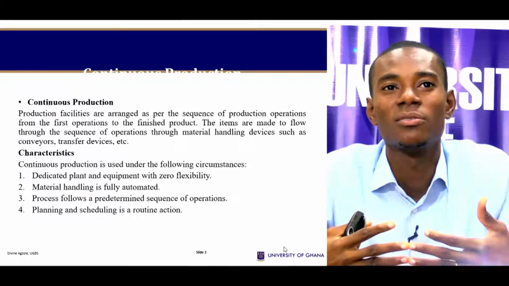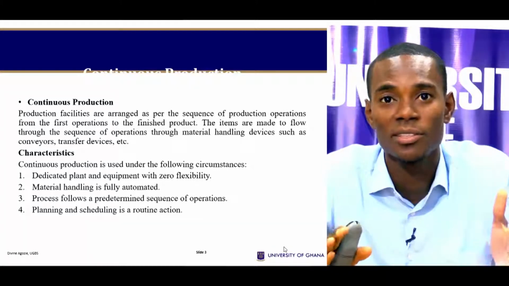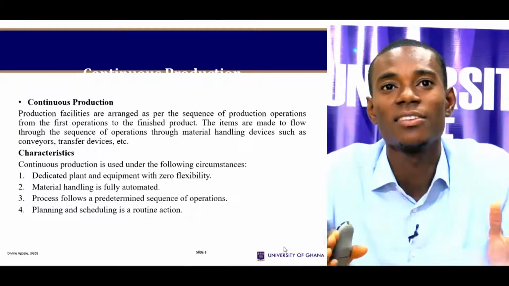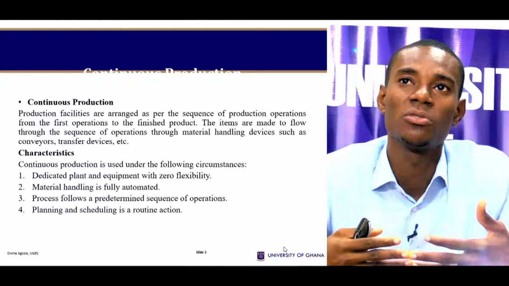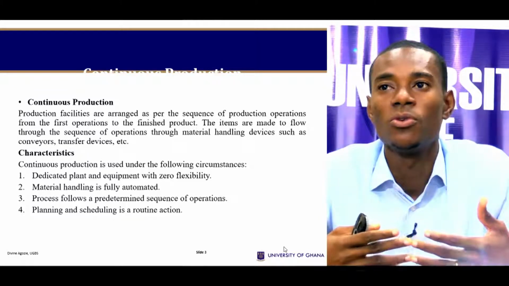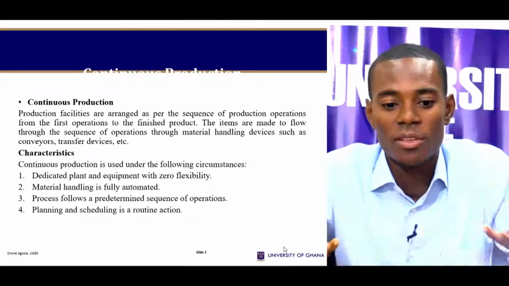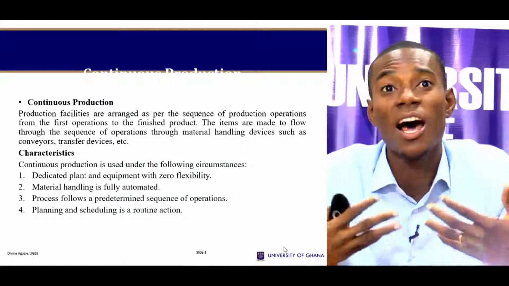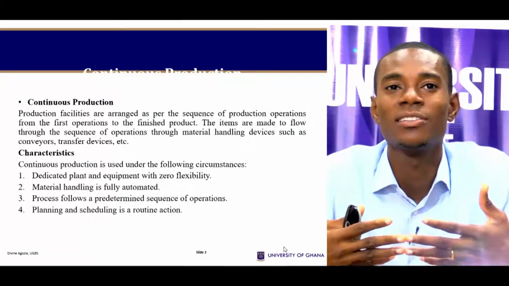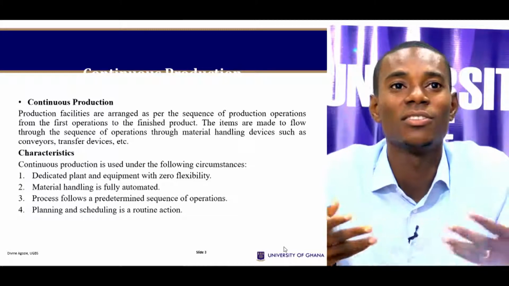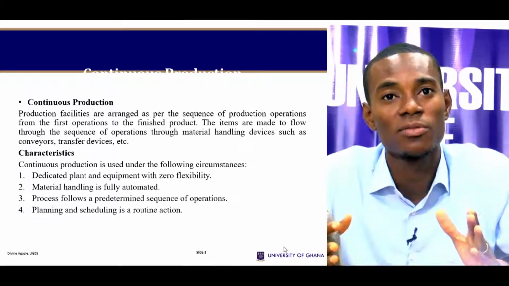Now, the process follows a predetermined sequence of operations, and so once it is set up and the system is automated in a certain manner, nothing changes and it follows a certain sequence. Look at the cases of organizations that produce, let's say, paper, maybe 400 kilometers of paper. No, I mean the papers we use for printing. They produce in large rolls, very large rolls before they are cut into pieces. Those production runs take days, a very long time to be done, and they follow a certain specific sequence.